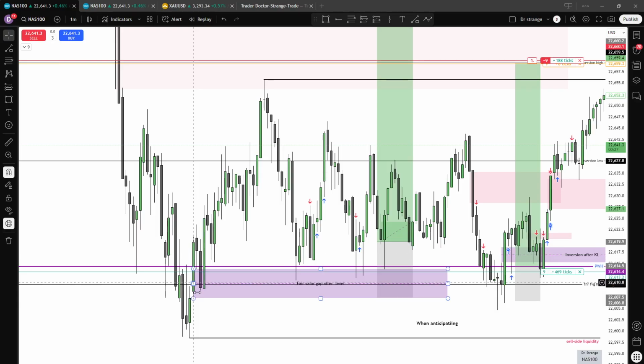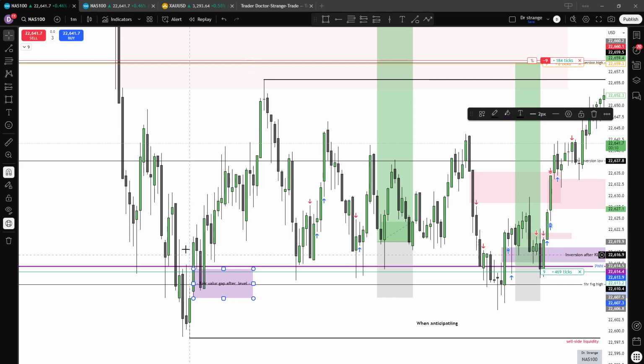Now, when price reaches these levels, what am I interested in that I'm monitoring? I'm monitoring the fair value gaps that are put in. Price leaves this previous weekly high. You see, this is the fair value gap after the key level. This price action was so important, but I was not at the charts. If I was at the charts and I saw price leave this key level with a fair value gap, I would wait for price to drop, and I would buy when price is dropping. That is what ICT tells us.